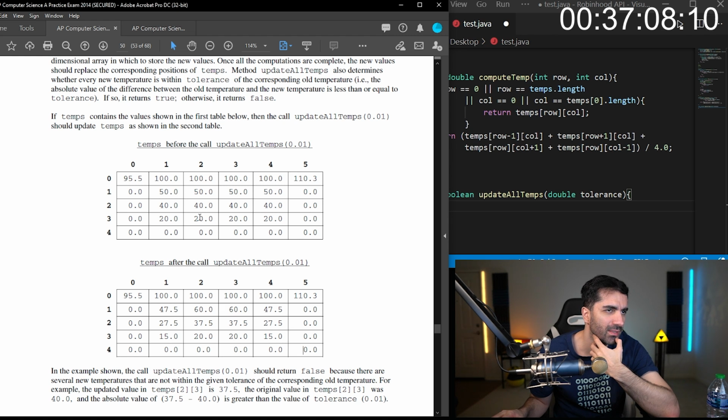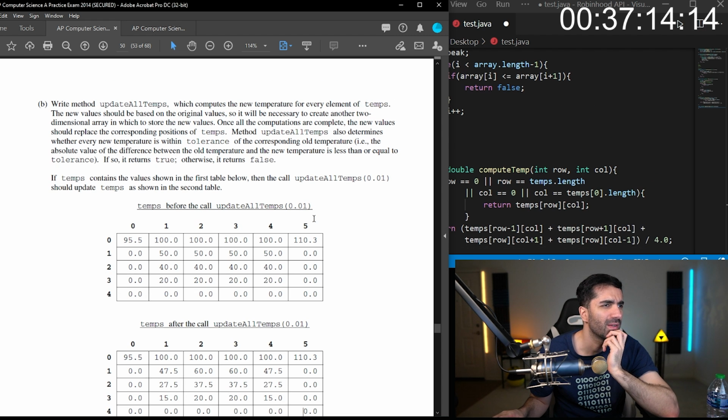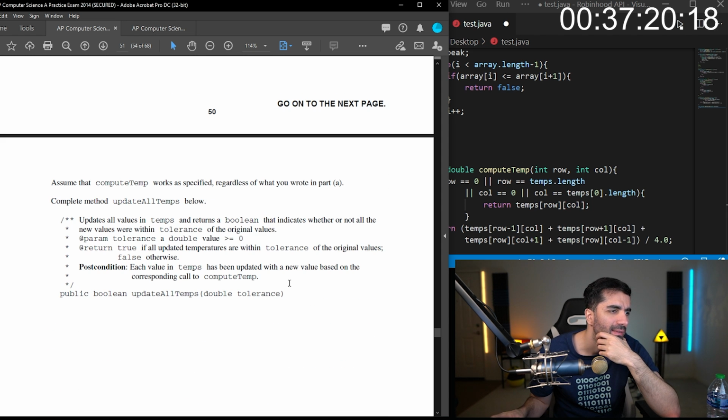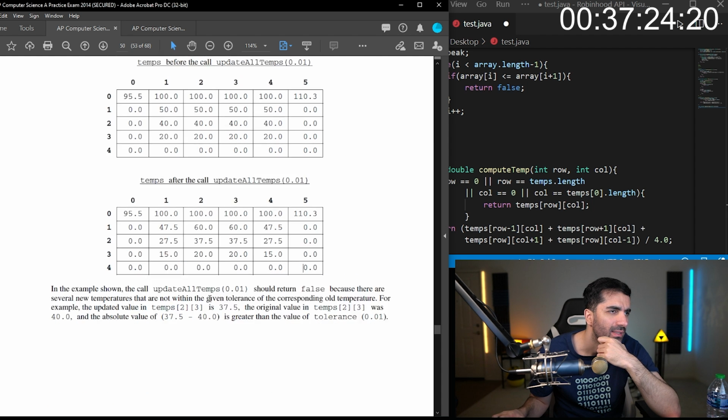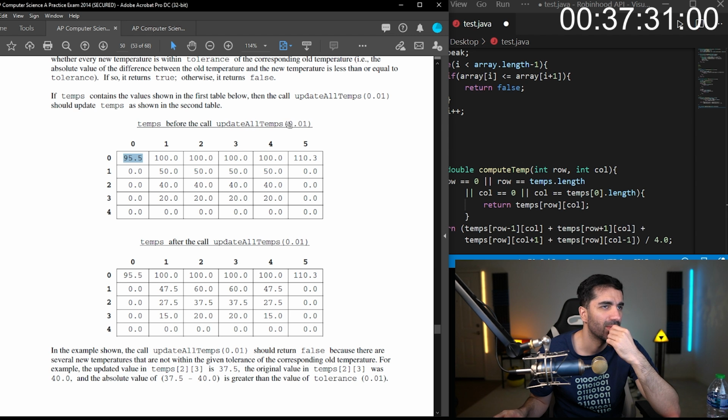Like, are we calling that other method, compute temp, at all? So do we go through and then call compute temp and determine if the difference is within 0.01?